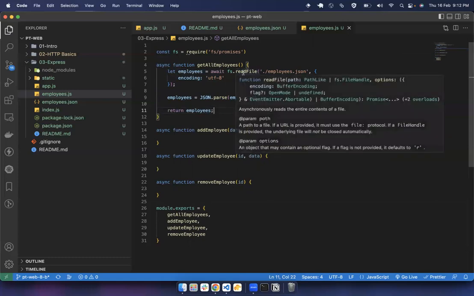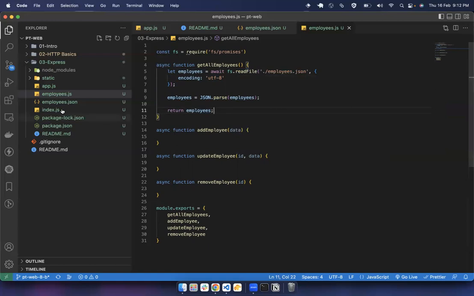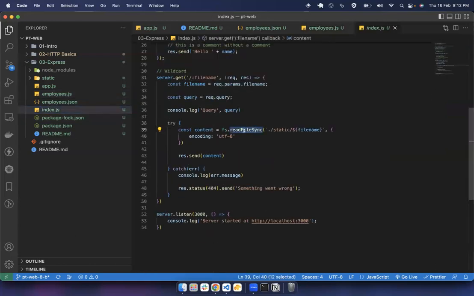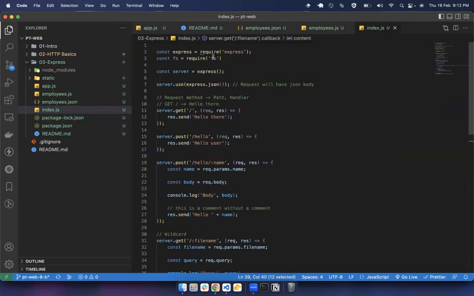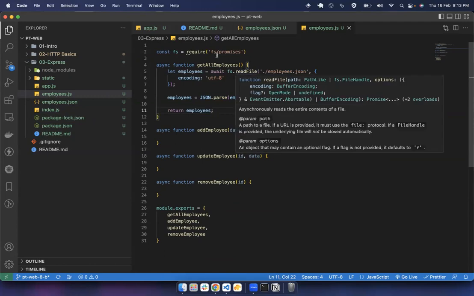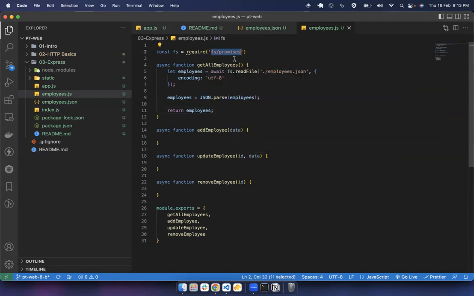Instead of using readFileSync, which we have been doing so far, we earlier were using fs module. This time we are using readFile from fs/promises. This is nothing but the same function, but with a,